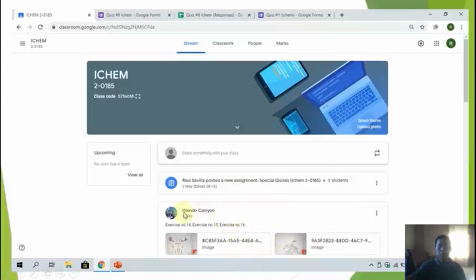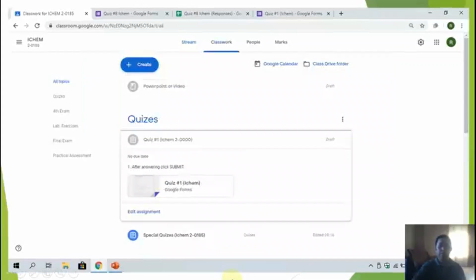Now this is the example I had assigned to my students, quizzes. So for example, if this is the assignment which you had created a while ago, then the student can click, and it will appear something like this. Here I just click in the classwork because I did not click the post. This is just for example.